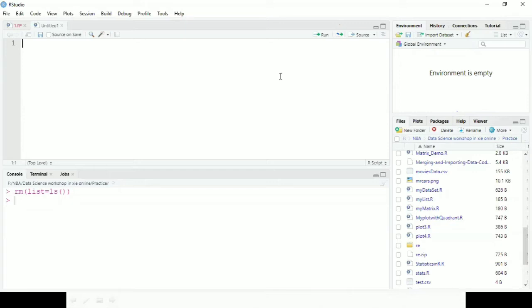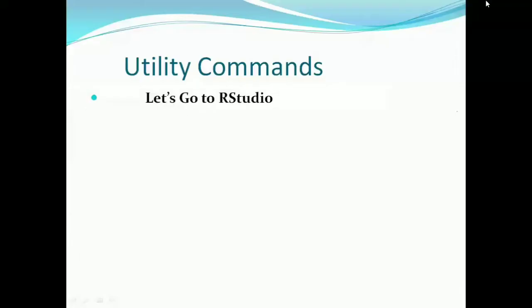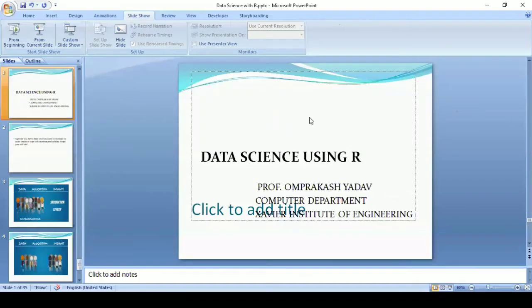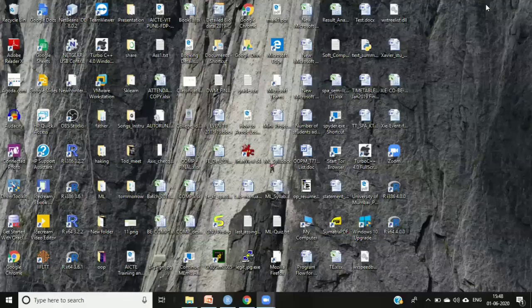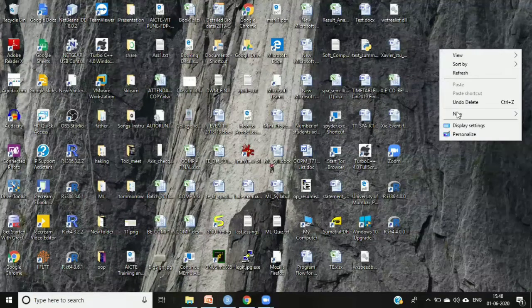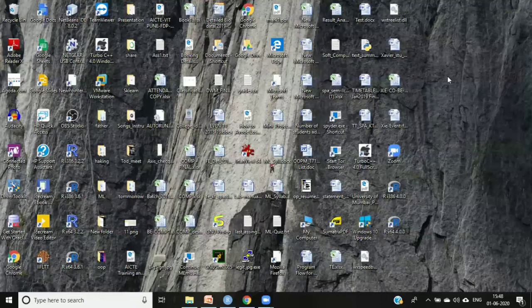So you can just create one folder. For my practice purpose, I'll minimize this.